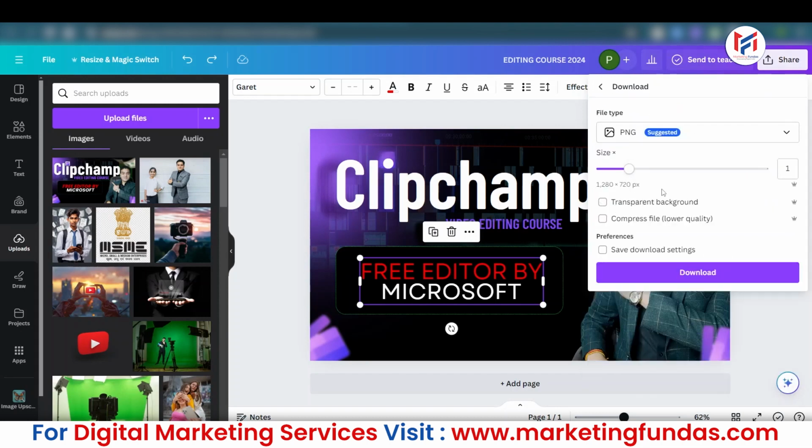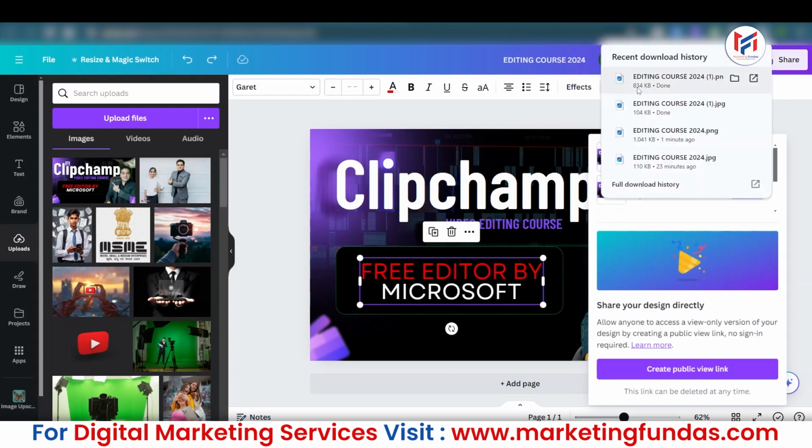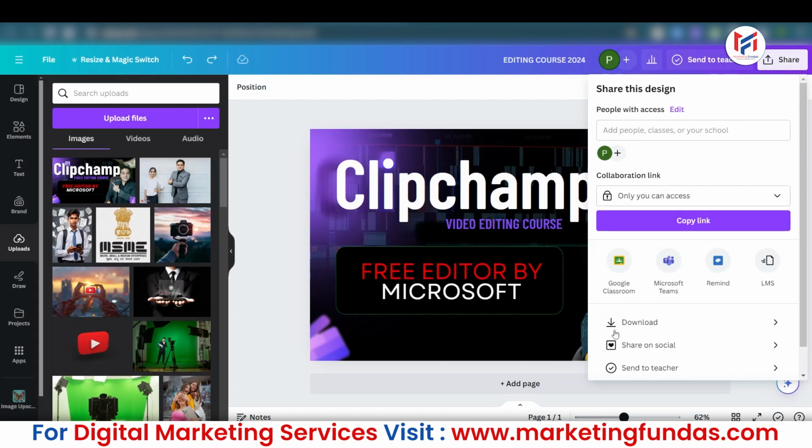For example, as you can see, right now it is set on PNG, and if I just download by default, you'll be able to see the size. The size of this is 834 KB. But if I compress this,